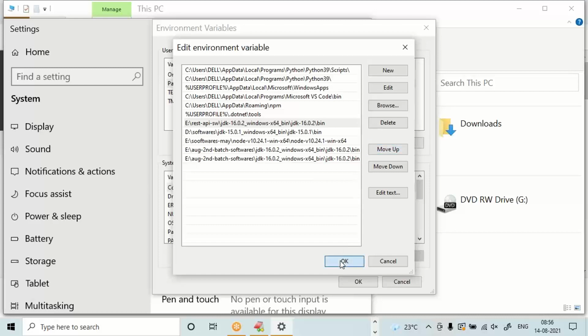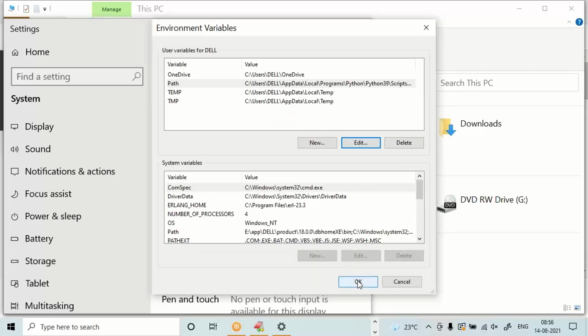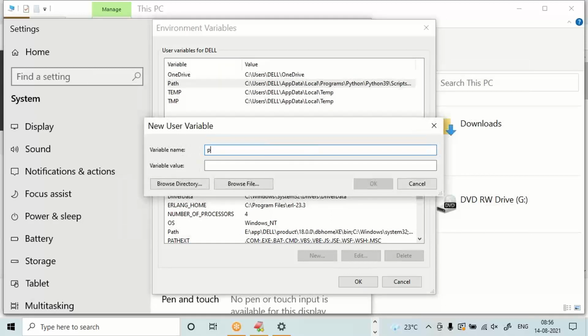Click OK in all the windows. If you don't have a path, then click on new, specify name as path, the value whatever copied from the bin folder. Click OK in all the windows.